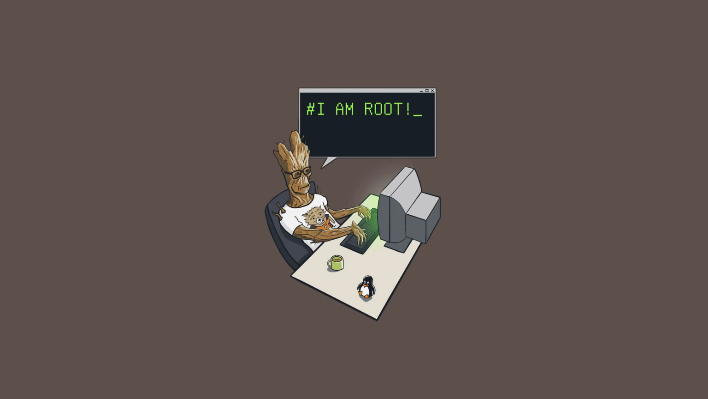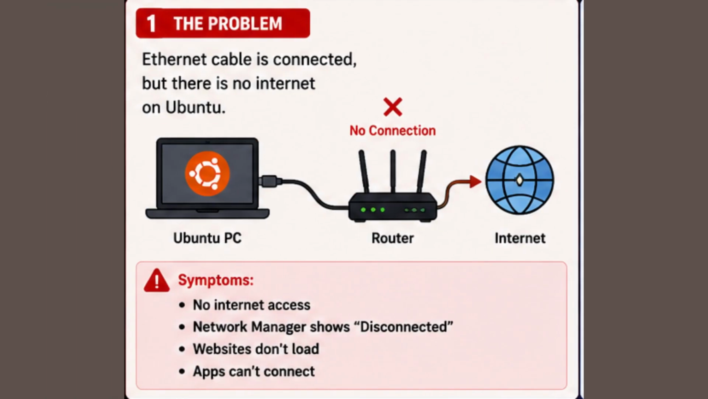Fix your Ethernet not working on Ubuntu. It's a very simple process to fix this problem. Just simply look at the first image, the problem. Ethernet cable is connected, but there is no internet on Ubuntu. The symptoms should be no internet access, or maybe network manager shows disconnected, or websites don't load, or apps can